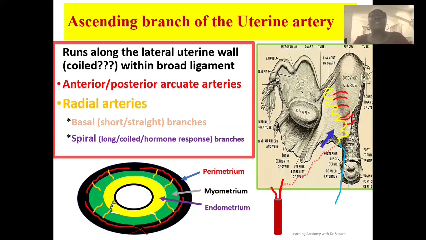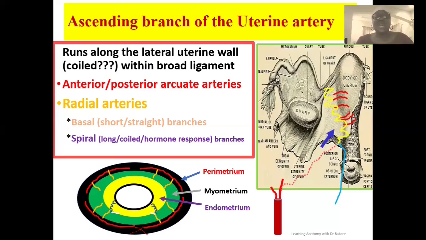You know that the endometrium is further subdivided into the stratum basalis and also the stratum functionalis. The stratum basalis is what receives the basal branches because it is seen to be short and also straight. So it does not have the access to enter or penetrate into the stratum functionalis. While the spiral branch, which is longer and also coiled, is able to access the functionalis layer of the endometrium